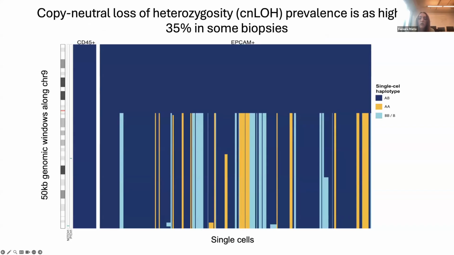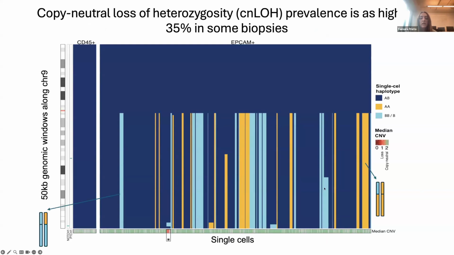So taking a deeper look at chromosome 9, after phasing the germline variants, we assign them just to one phase per cell to show that approximately 30% of cells in one of the donors show maternal and paternal allele losses. And as we suspected, the copy number state represented on the bottom row indicates that with the exception of a single clone, the remaining loss of heterozygosity corresponds to copy number state 2 in green, implying that these regions are copy-neutral loss of heterozygosity. And the fact that they affect different haplotypes and have different breakpoints made us think that these events might have occurred multiple times.